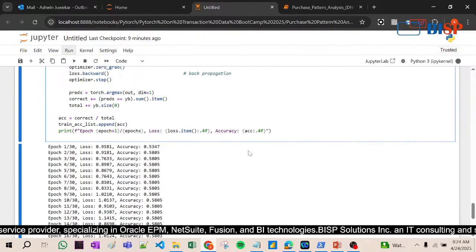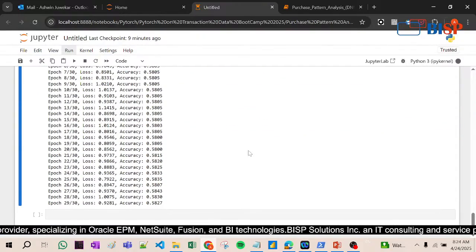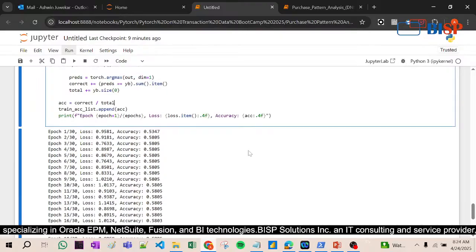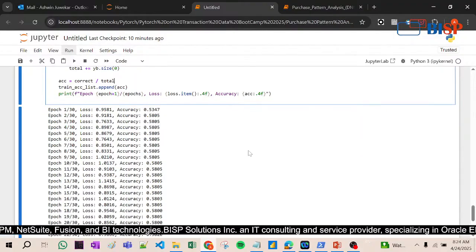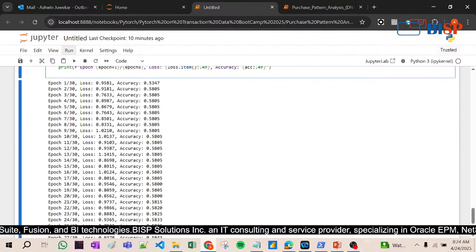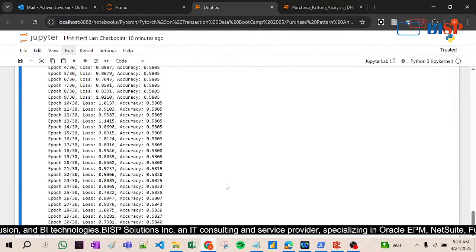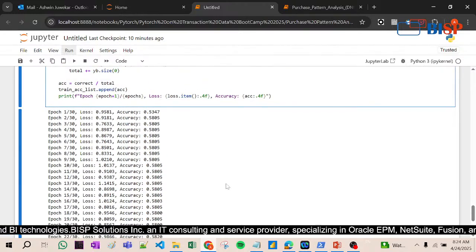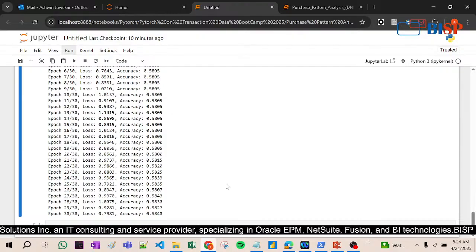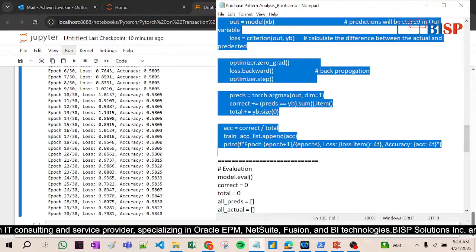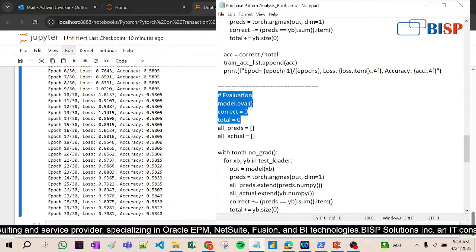Now see here, every epoch, for example total 30 epochs are executed, that means 30 repetitions are done, and you will see here the loss is reduced. Look at this, somewhere it is reduced and somewhere it is increased. After that the accuracy is constant most of the time, but here it is sometimes increased, sometimes decreased. After this we are going to evaluate.